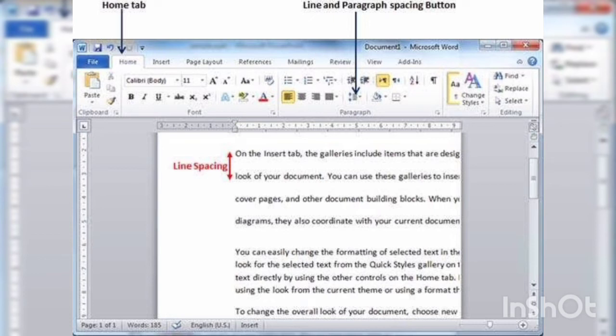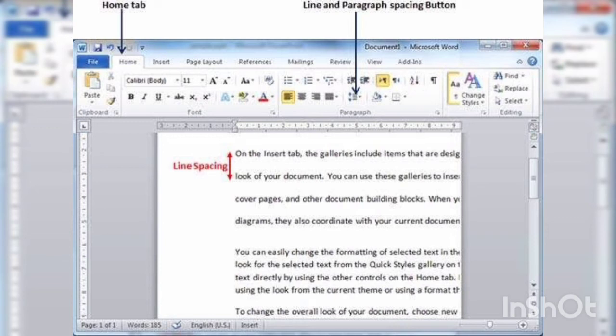Now we will talk about line spacing. Line spacing refers to the vertical distance between the lines within a paragraph and determines the location of each line relative to the line above it. Line spacing can be specified by various names like single, 1.5 lines, double, etc. Now you can quickly view and change the line spacing to several common standard values by clicking the line spacing button in the paragraph group on the Home tab.